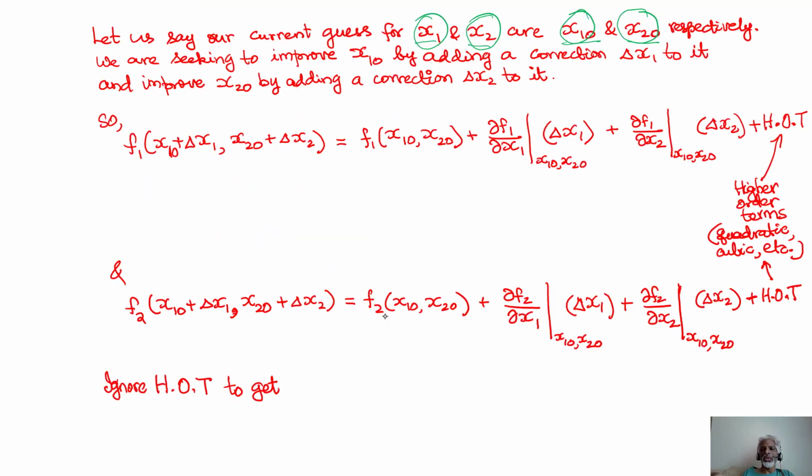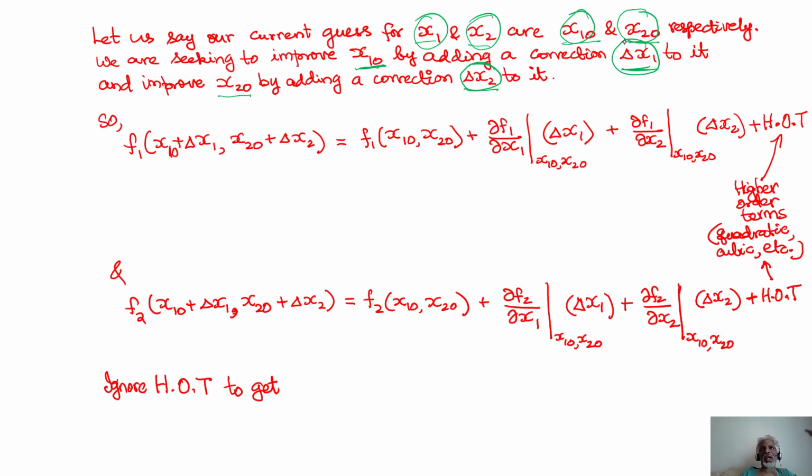And therefore, what we need to do is try to improve our guess values. So I'm trying to improve my current guess of x1 0 by adding a correction delta x1 to it. I do not know what delta x1 is, but I would like to find that out. A good correction for x1. So the new x1 value will be x1 0 plus delta x1 once I have found out delta x1. Likewise, for x2 0, I'm going to find a correction delta x2 so that the new x2 will become x2 0 plus delta x2. So I'm trying to seek these two symbols, delta x1 and delta x2.